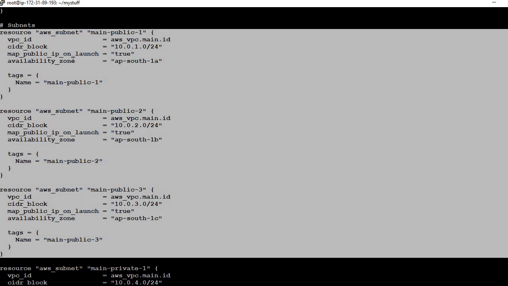Map public IP on launch, so basically these are the public subnets, so we will map a public IP to the instances we are going to launch in the public subnet. And the availability zones, ap-south-1a, ap-south-1b, ap-south-1c. So basically in that region there are 3 availability zones, so in each availability zone there will be one public subnet.